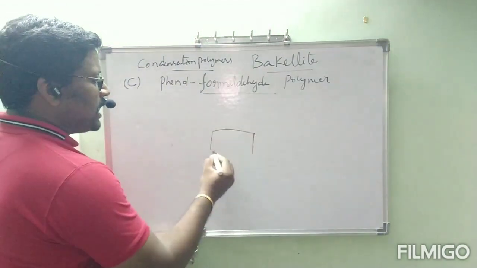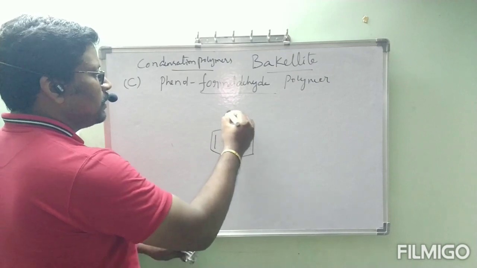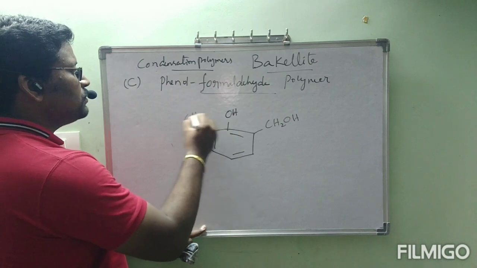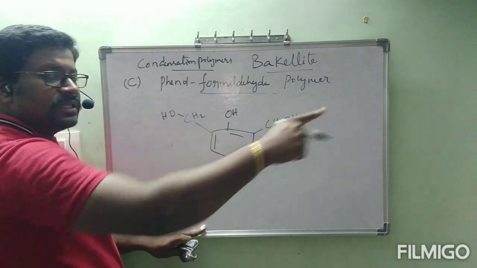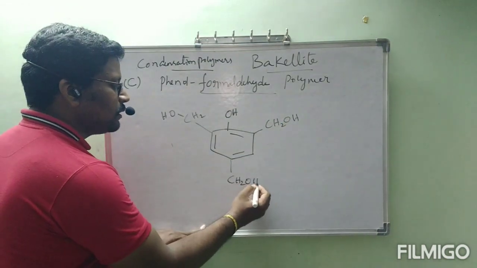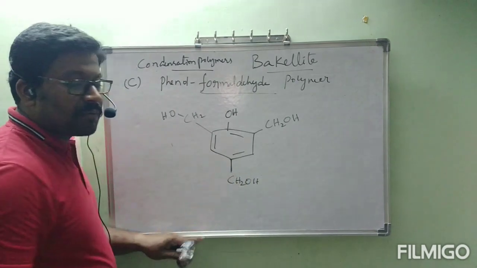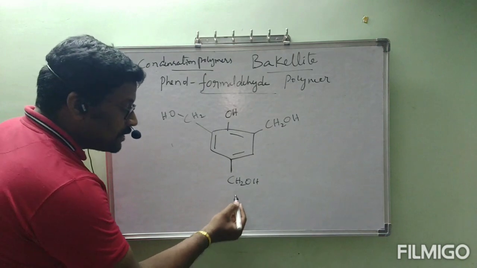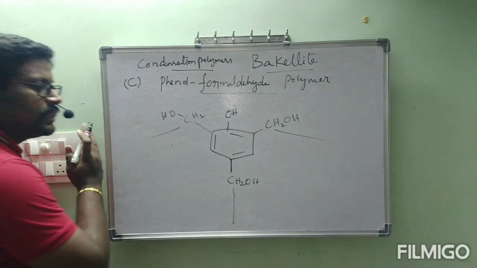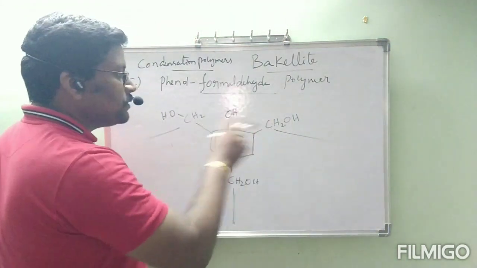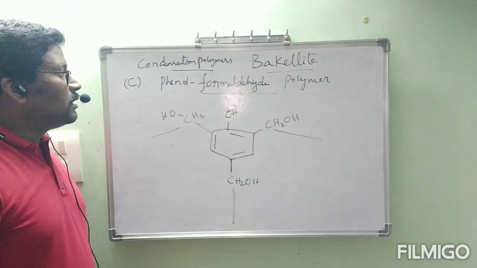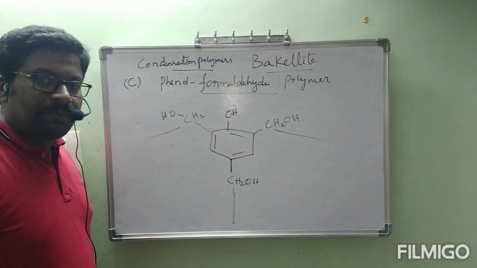In the initial condition, I have shown that phenol is bonded to CH2OH at the ortho position. If it is continued like this, this is the formation of NOVOLAC. Now, in the para position also we can write CH2OH. Here also it will be attacked by one formaldehyde molecule to form CH2OH. To be continued with para position, ortho position, ortho position. Like that, it is the formation of bakelite. If only two ortho positions are occupied and it is continued, that is the formation of NOVOLAC. This is about the third condensation polymer, that is phenol formaldehyde polymer.